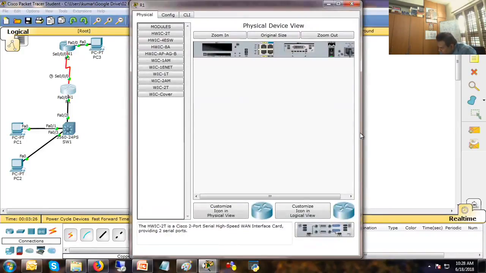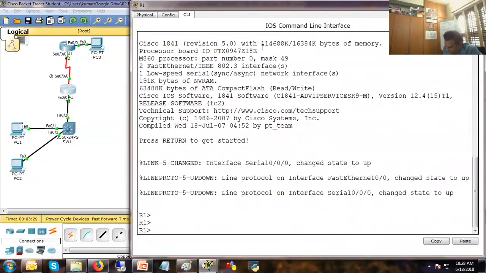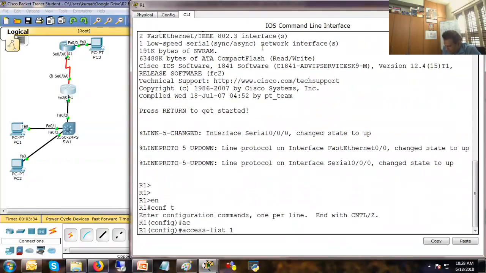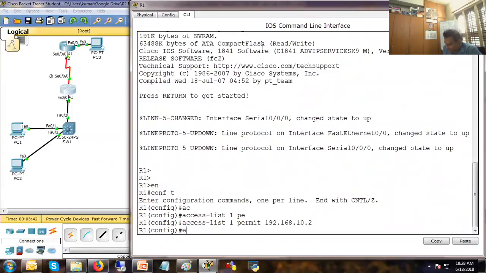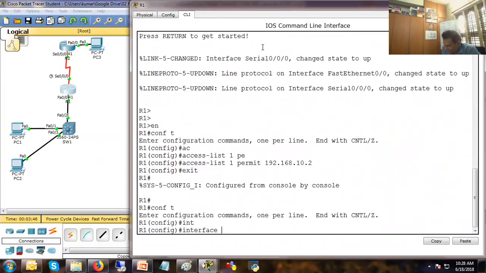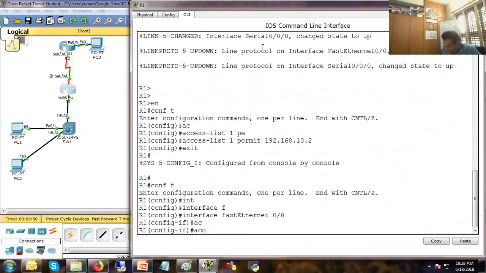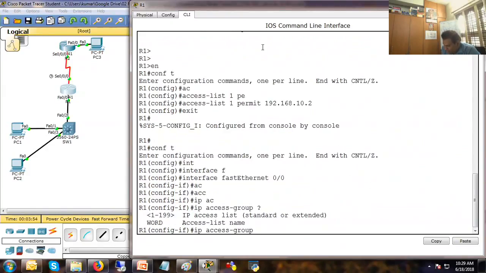I go to global mode and create the ACL: configure terminal, access-list 1 permit 192.168.10.2. Then I go to the interface, configure terminal, interface FA0/0, ip access-group 1,